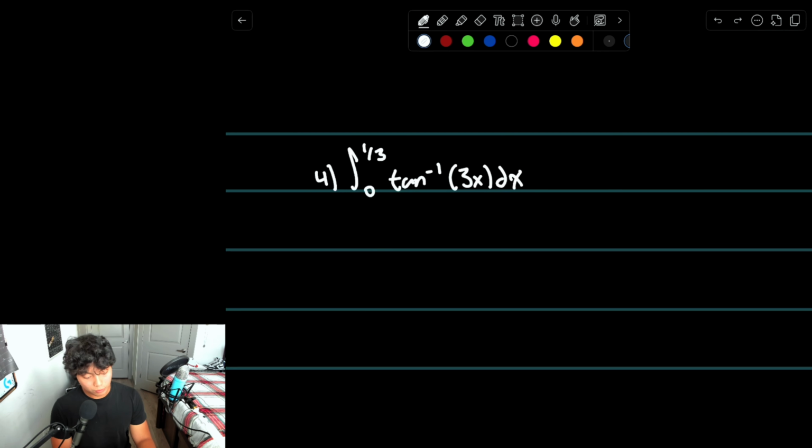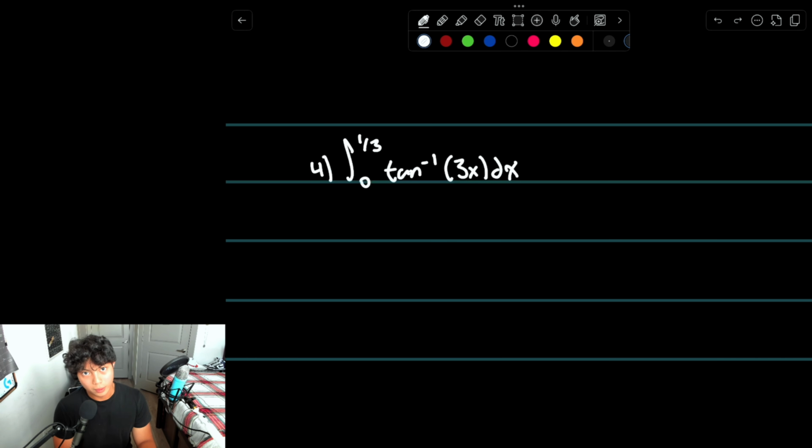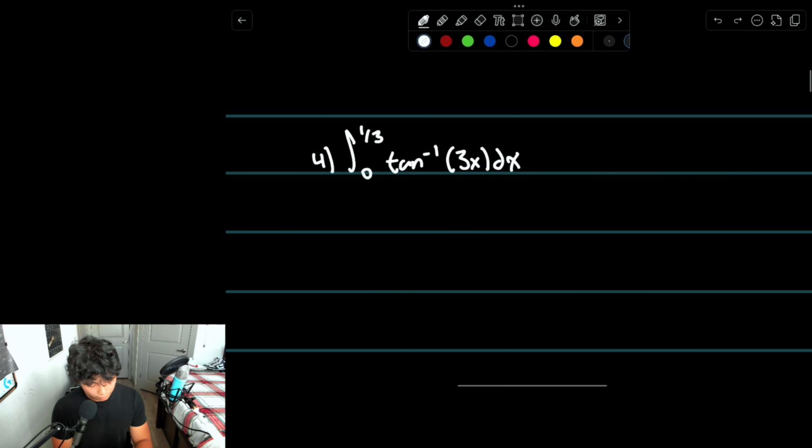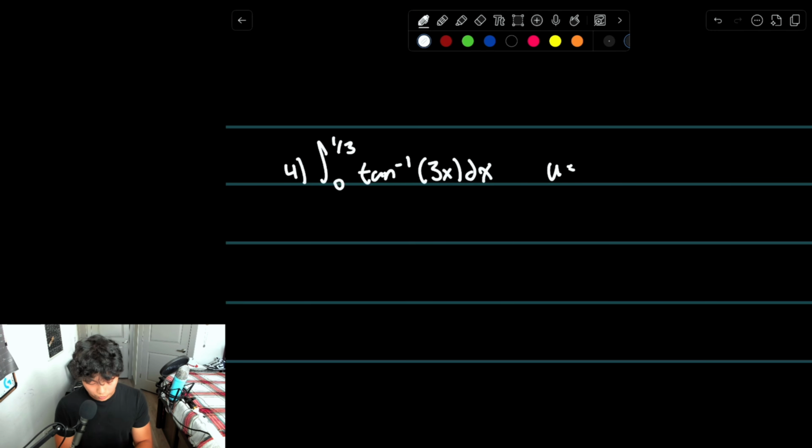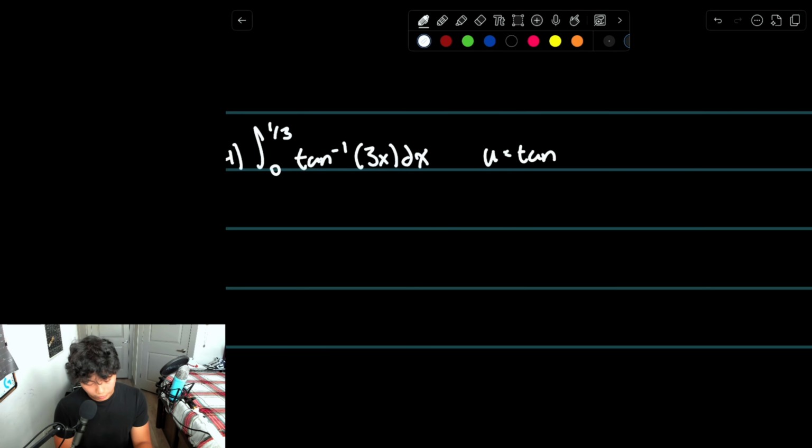Now, one thing you might be confused on is, well, this is called integration by parts. Where are the parts? We only have one part. And so if you were to try to use u substitution, it would not cancel anything out and you would just be left with nothing. So it would just be inverse tangent of u, which is kind of a nothing. So in this case, we'll choose our u to be our inverse trig function, which is inverse tangent 3x,